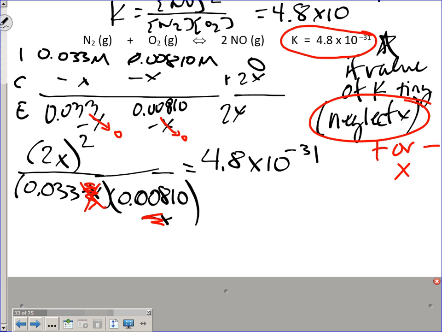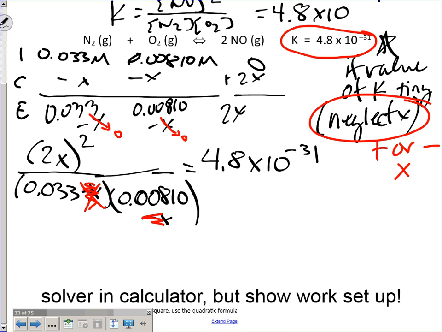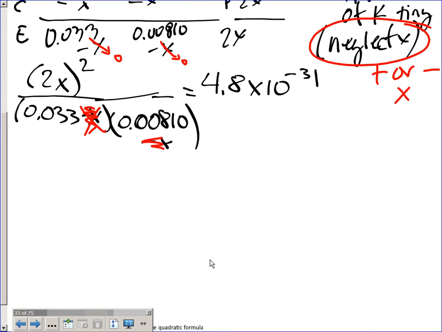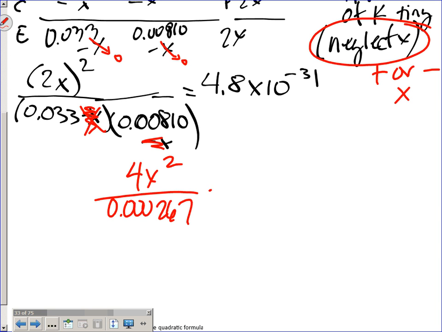So I'm going to rewrite this as a simplified version. This is my note to myself that you can use your solver. I already showed you that. So this is 4x squared over 0.000267, which is equal to this guy. Multiply, divide by 4, square root. X equals